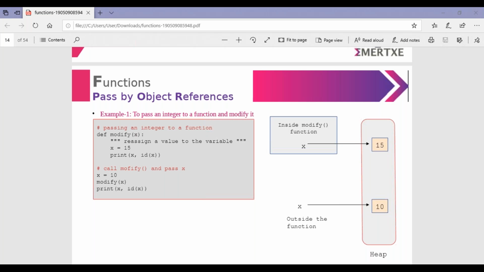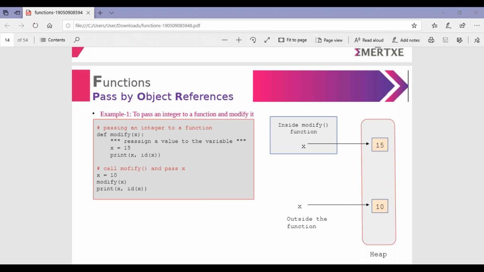So here we are passing an integer to a function. Define modify of x. We can write x is equal to 15, so the x value will be assigned as 15.